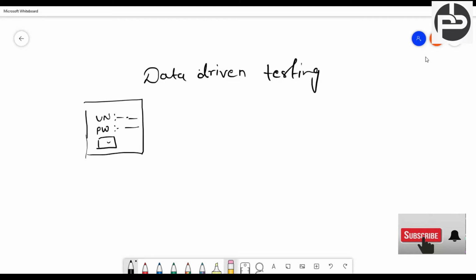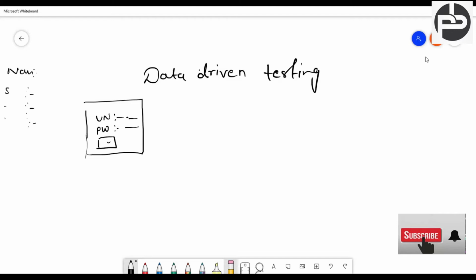Not only for this, there are many scenarios where data driven testing comes into the picture. For example, if you have seen a Google form, inside it a name field is there, surname field, age field, email ID, all those things are there, right? In this form we might send different kinds of data, like my name is Rajesh Thakur, Aparna's name is Aparna Jha, your admin. So different forms will get created.